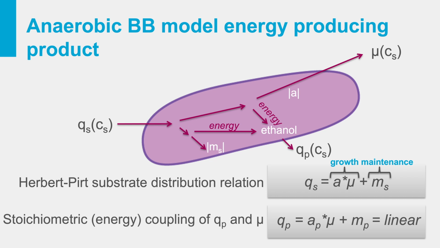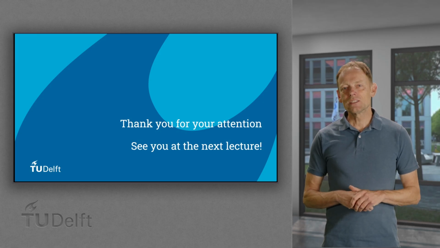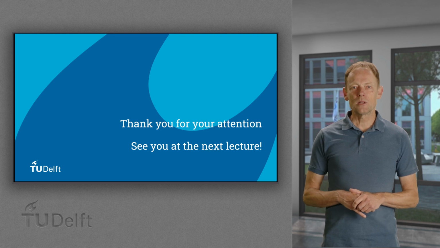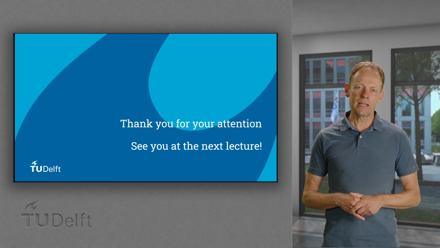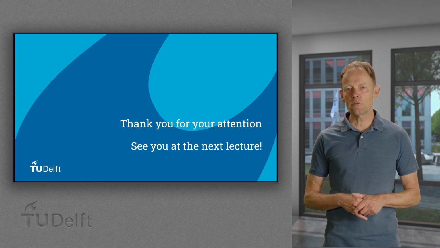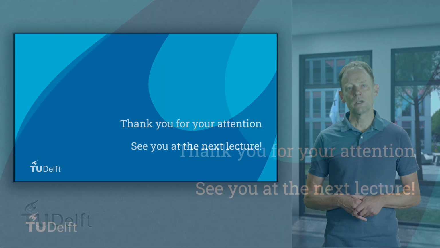The energy required for the substrate uptake and growth is completely provided by the formation of product. And as a result, we have two independent equations, glucose uptake and Herbert-Pirt, and three variables, Cs, Qs and mu. It is thus simpler than the aerobic case. In the next unit, we will dive deeper into the example of producing PDO from glucose, understand parameter identification needs, derive and evaluate the process reaction, and suggest ways to improve sustainability.